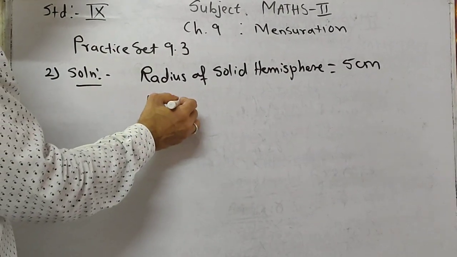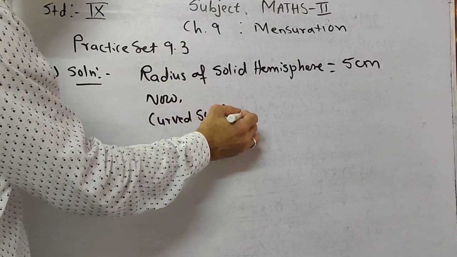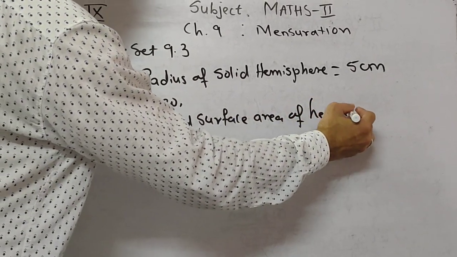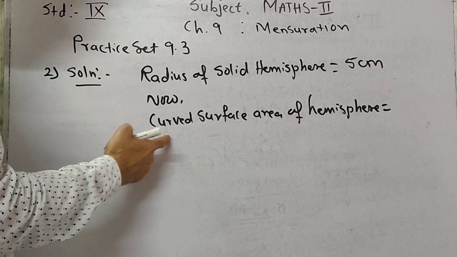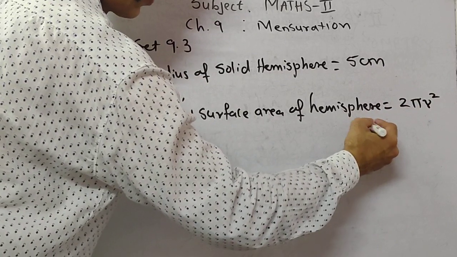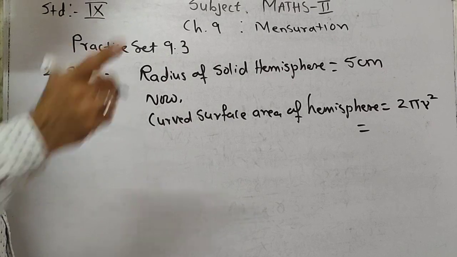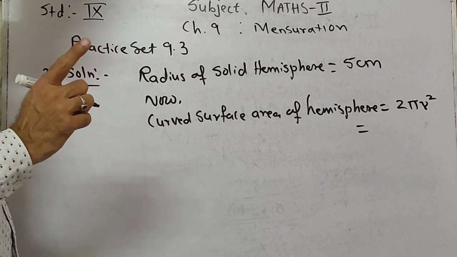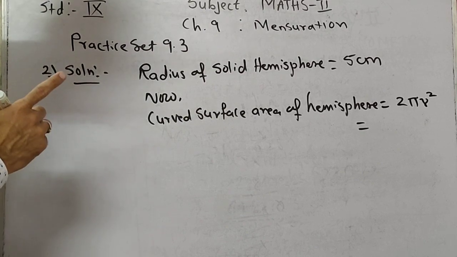Okay, now curved surface area of hemisphere. इसमें curved surface आएगा hemisphere में. Curved surface area you know 2 pi r square, and total surface is 3 pi r square as I told you. Okay, in hemisphere, sphere में तो एक ही रहता है. In sphere, curved and total is same, only 4 pi r square. So curved surface area of hemisphere is 2 pi r square.